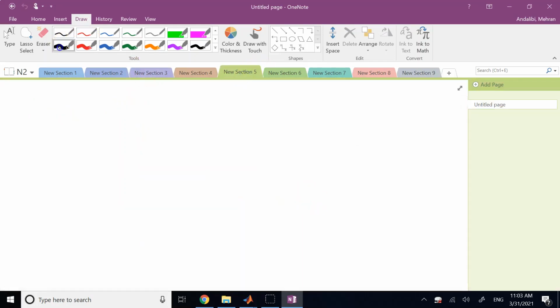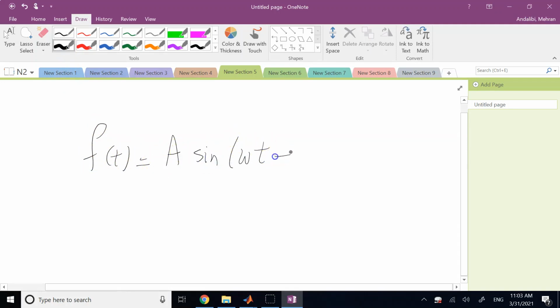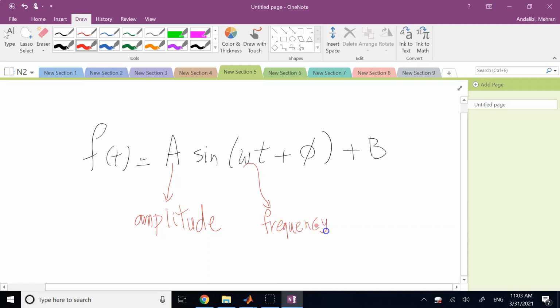And for the sine function, a sine function in general can be written as a times sine of omega t plus phi and then plus b, where here this a is the amplitude of the signal. It shows how much the signal is going up and down, right? It determines the range of the signal. Then this omega is called the frequency of the signal. The unit for it is radians per second,